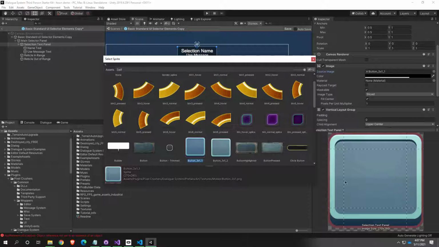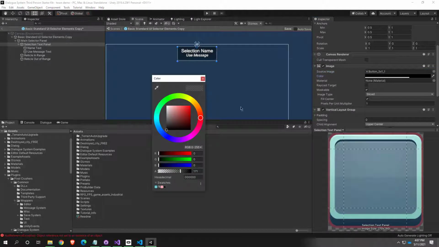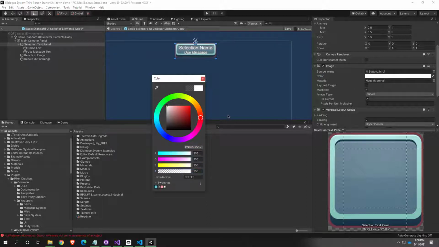This 9 slice technique helps us scale only the middle part and the sides without scaling the corners, and it circumvents that issue. So let's just try this thing and see what it does, and let's put the color to white. When you're using a graphic where you want to see the art, you always want to make the color white, and we'll make it fully opaque. And so if I save this,